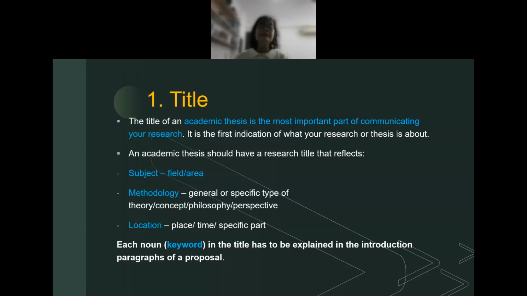An academic thesis, we call what you're going to write a thesis. You should have a very clear subject or field area. For instance, in ASTiF, we have visual arts, we have music, we have writing. So it must be clearly reflected. Even though it's a mixed field, maybe you want to do film and writing, it must be clearly stated in your proposal that you are crossing fields.